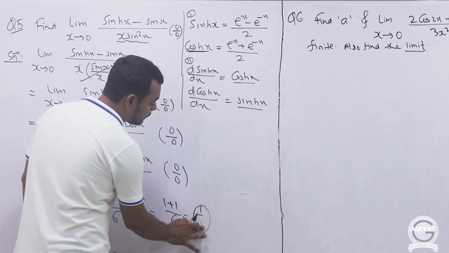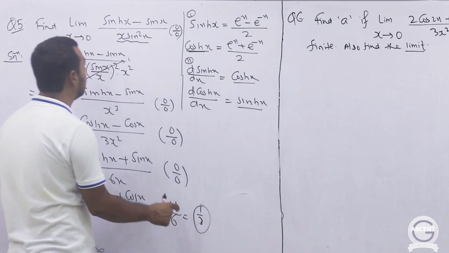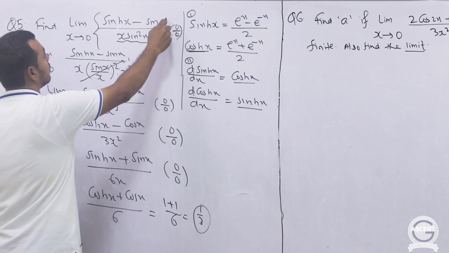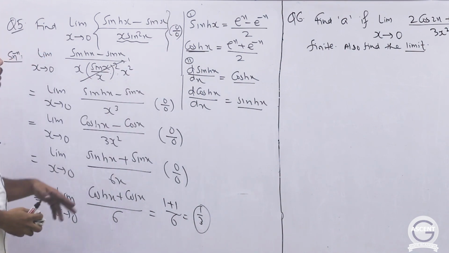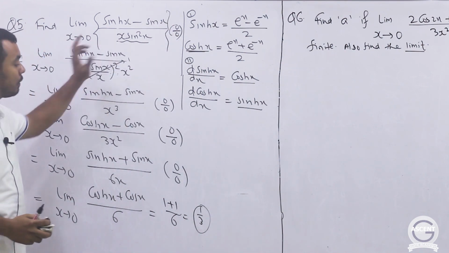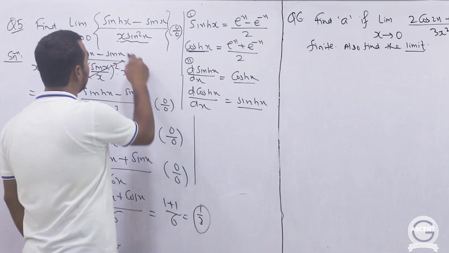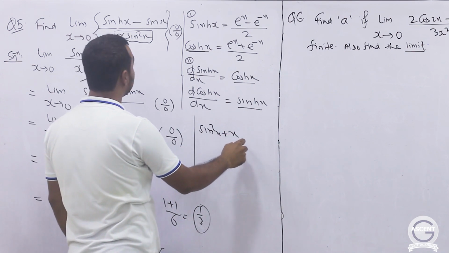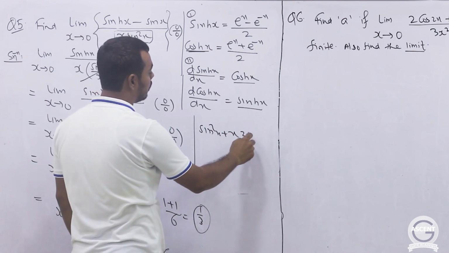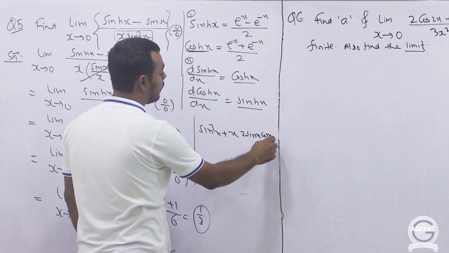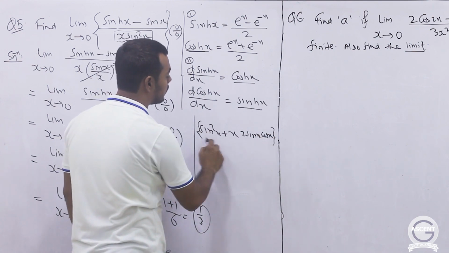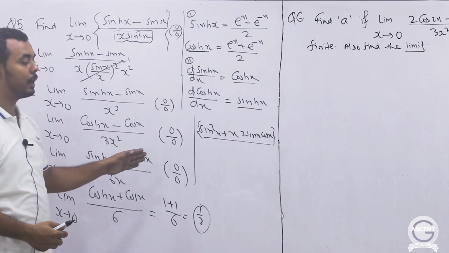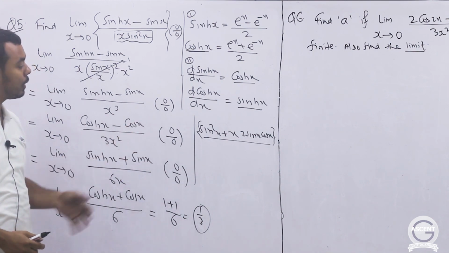Now you can see that if you had started by applying L'Hopital's rule on this original function, then to differentiate the denominator, the first derivative, you have to apply the u into v formula. So you will get sin squared x plus x, derivative of sin squared x will be 2 sin x cos x, right? Now again you have to differentiate this function. So you can see how complicated it will become, and the function that you will get needs to be differentiated one more time.